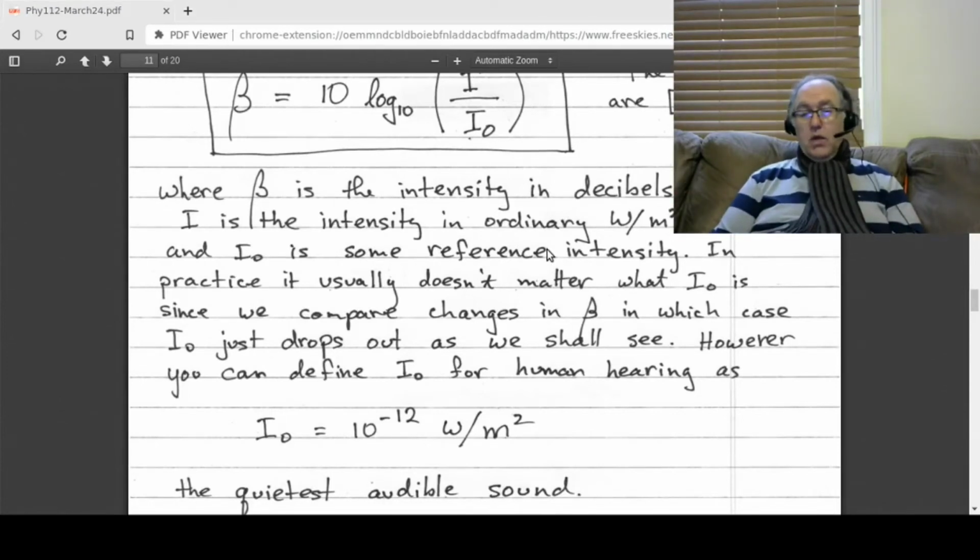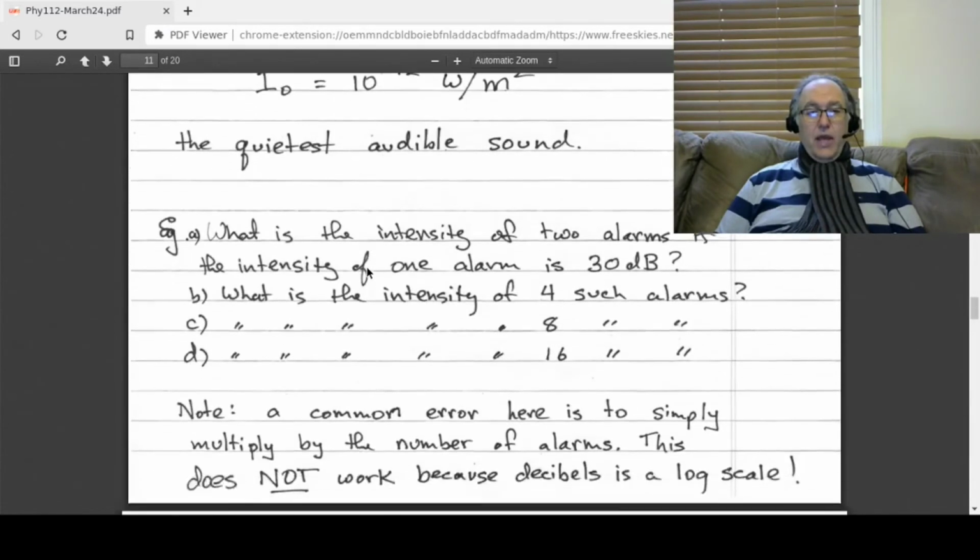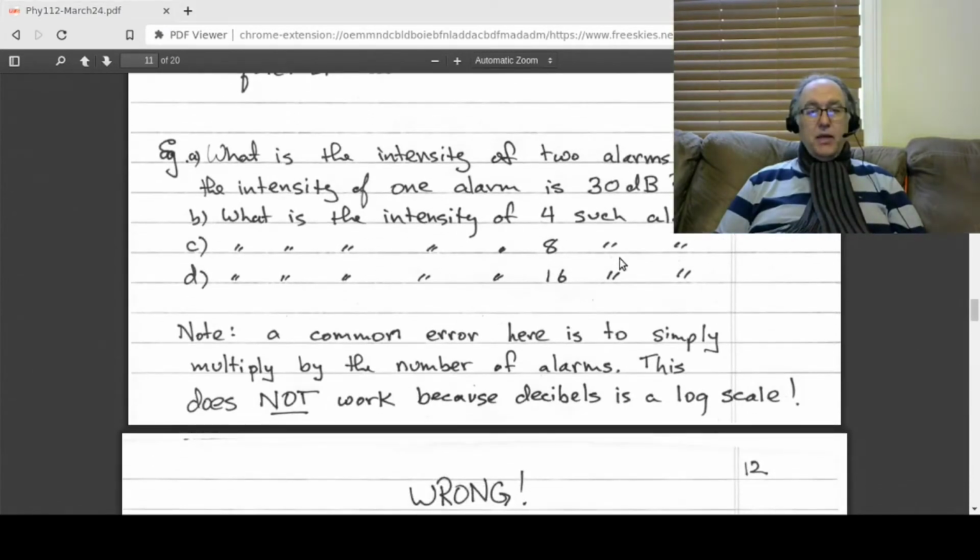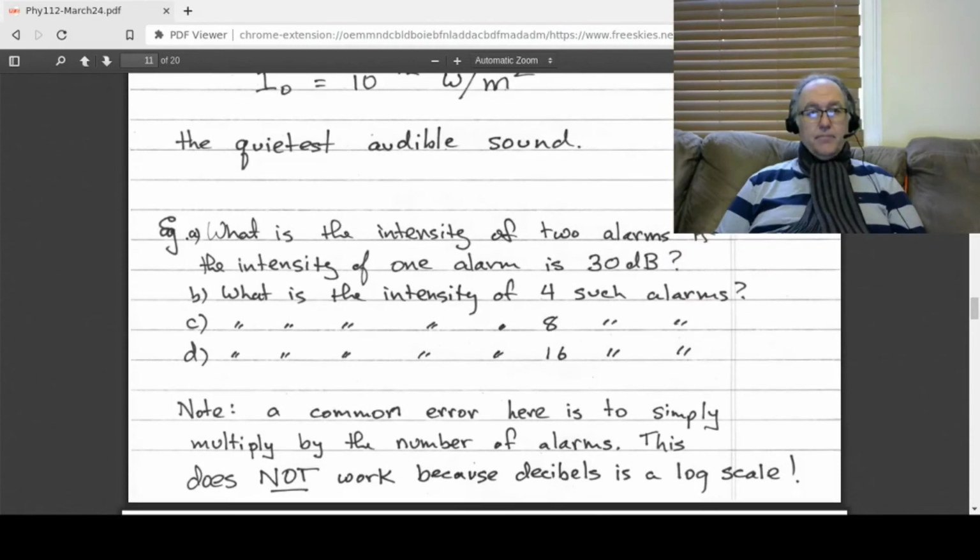Okay, so we could just say for all our purposes, whenever we're working with decibels with respect to sound, we will use the reference intensity to be I naught, 10 to the minus 12 watts per meter squared. Okay, so why do we want to define this? The reason is because, again, remember that